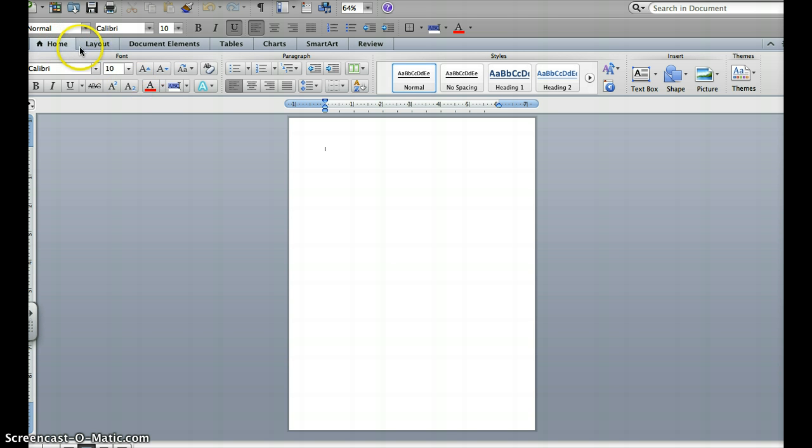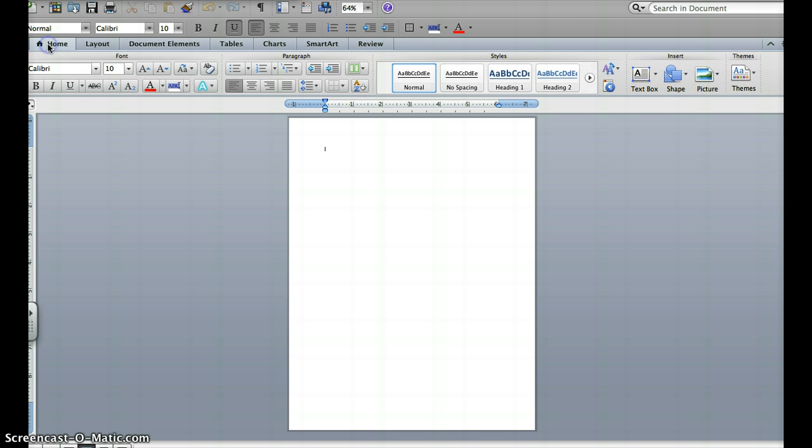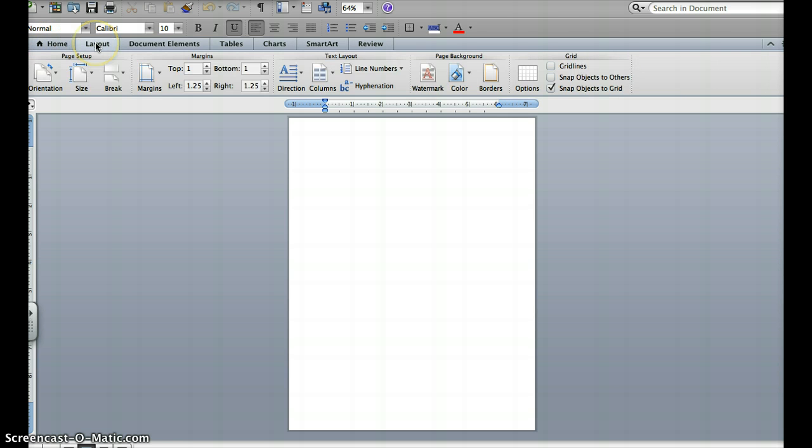Alright? Now, we've talked in the past about the tabs across the top, so I'm pretty sure you're familiar with that. We're going to go to Document Elements. Right here's the third tab. I just want to make sure that all of these things are closed. We don't need our header or footer. Okay, so all of those things are set. Our default is fine. And then under Layout, your second tab, one of the first buttons that always kind of